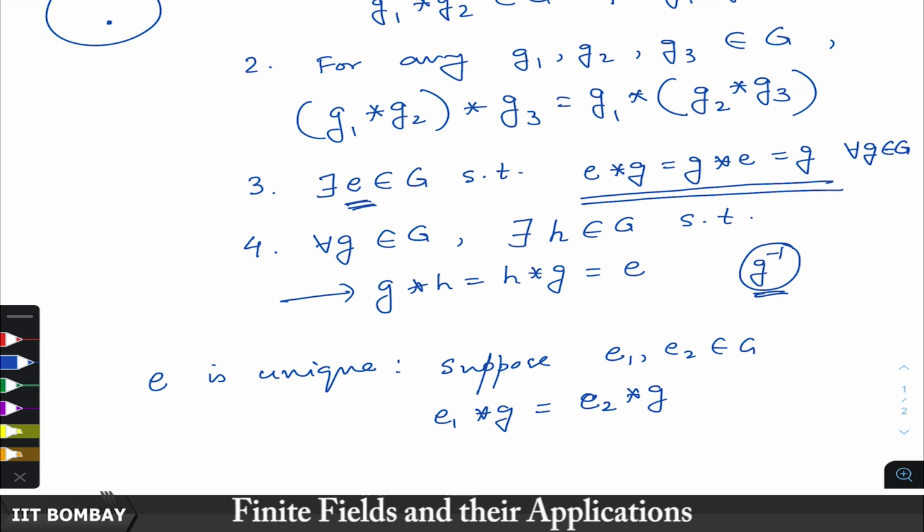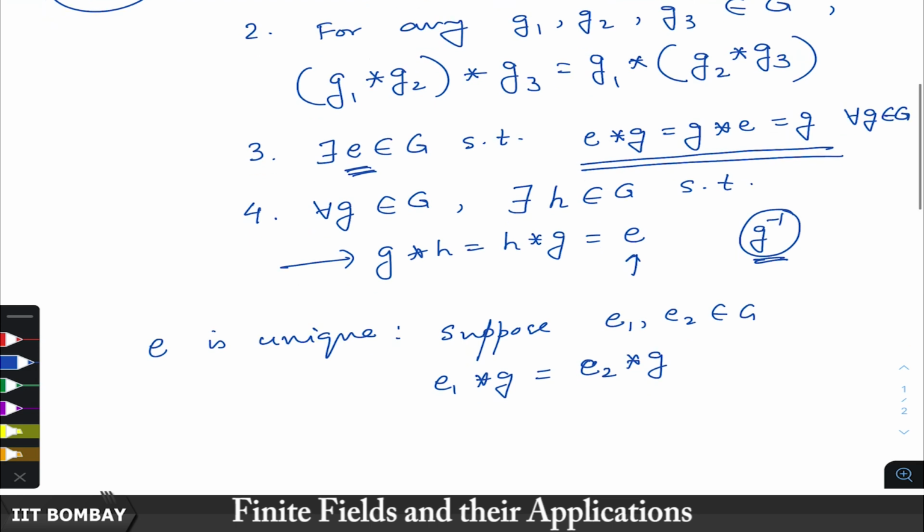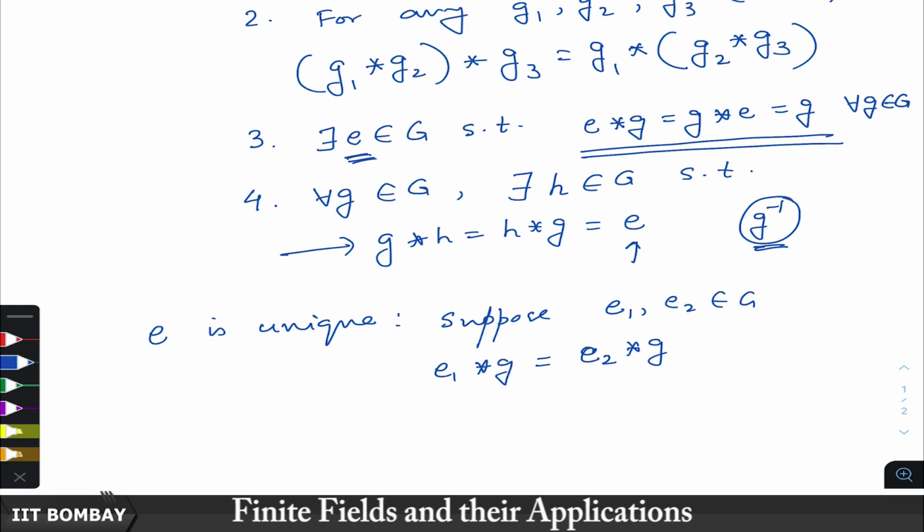Okay. And this holds for each of this E1 and E2. For E1 there is an H, and for E2 also there is an H, for which this product will be E2. So, one can now check that there is, because there is an inverse of G with respect to E1,